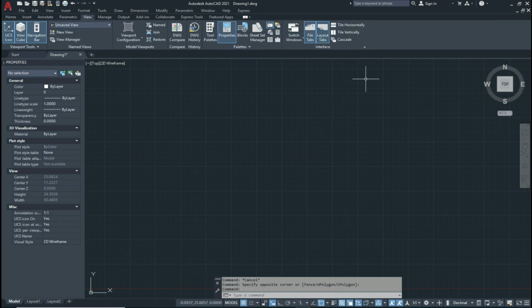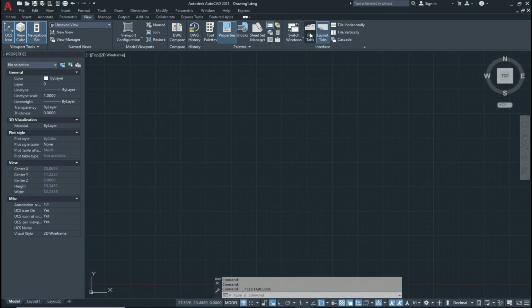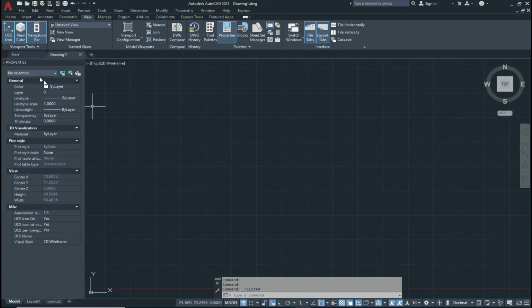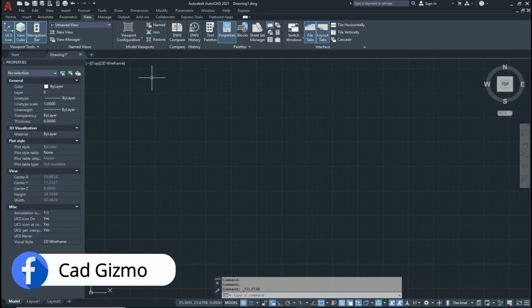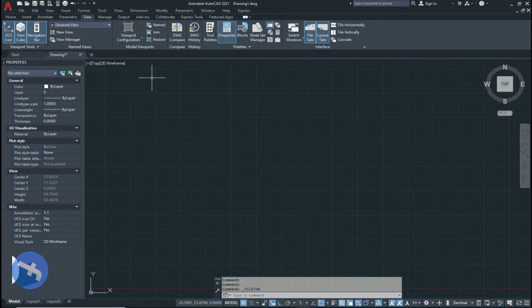Click on View, Interface panel and click on File tab. If you click, then the File tab is removed. If you want to get it again, click on File tab. You get your File tab for each drawing you opened. So guys, this is our File tab.